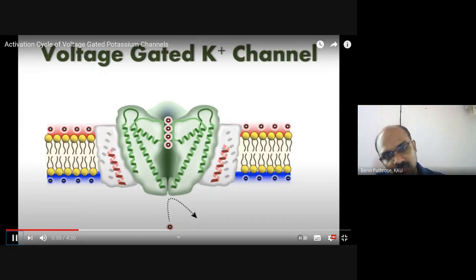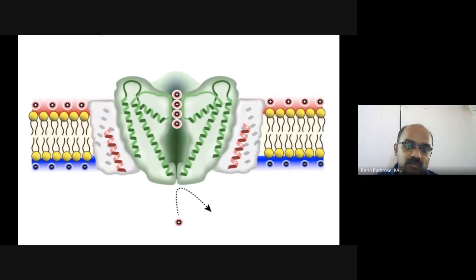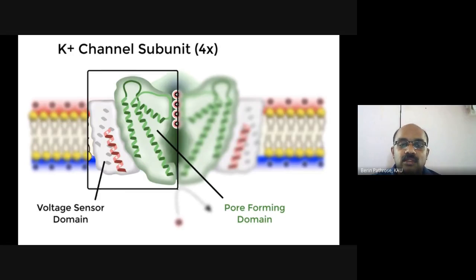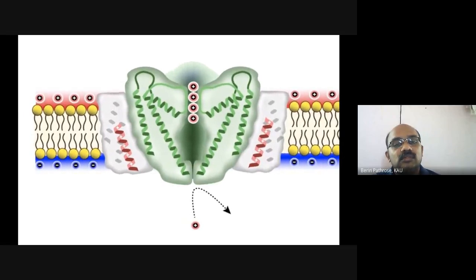So voltage gated potassium channels share a number of structural similarities with the voltage gated sodium channel counterparts I discussed earlier. Just to go over these quickly, voltage gated potassium channels are comprised of 4 subunits, where each subunit has a pore forming domain and the voltage sensor domain. So for the pore forming domain, a couple of important features: it has the selectivity filter, which helps